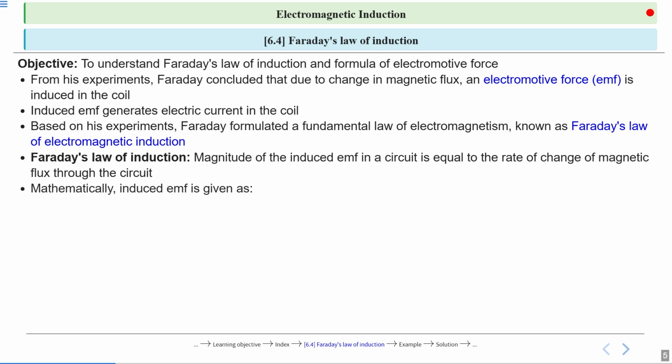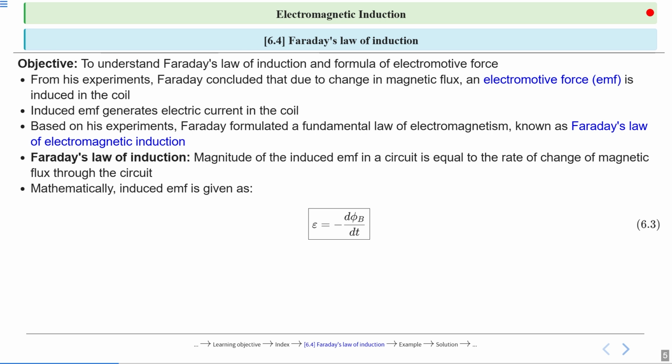So mathematically, induced EMF is given by epsilon. That is the term used for EMF. That is the notation for EMF, or we can use small e also. But small e is also used for charge on the electron. That's why we are using a specific symbol, epsilon. If I say E in place of epsilon, it also means EMF, so don't get confused. So induced EMF is equal to minus d phi B upon dt.